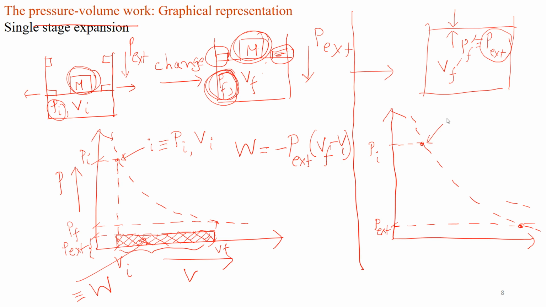This is the initial state, and this was the corresponding volume for the initial state. And now see that the final state, which we denote as Pf prime, is slightly shifted,